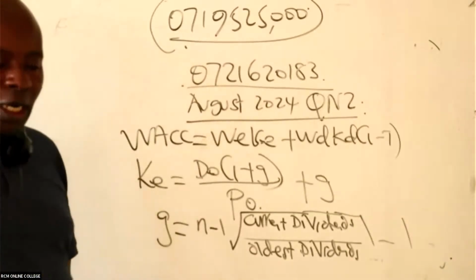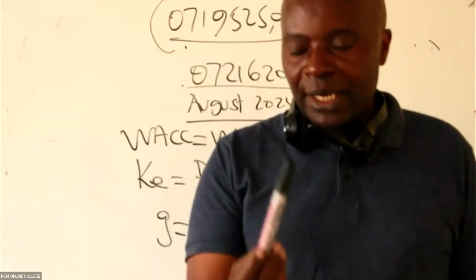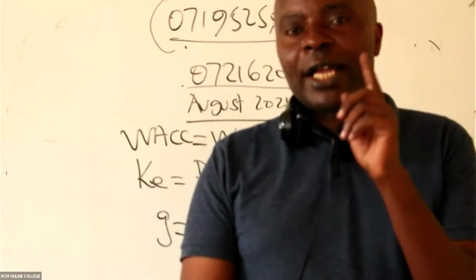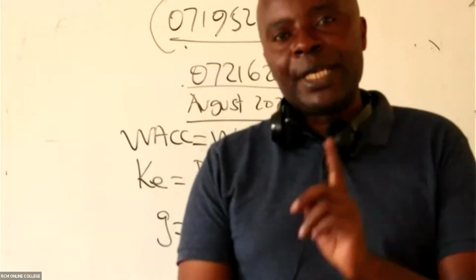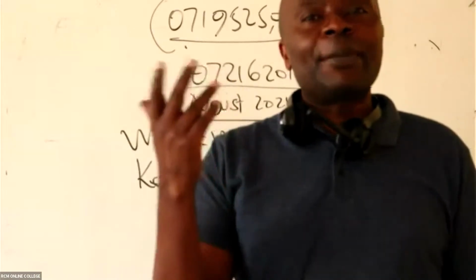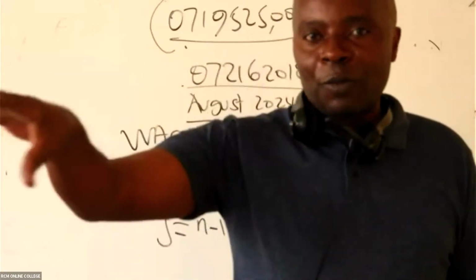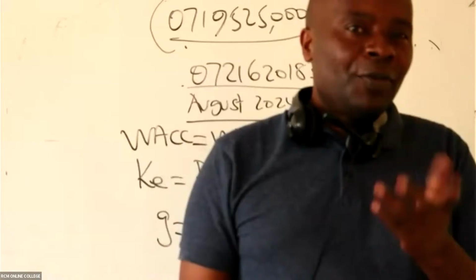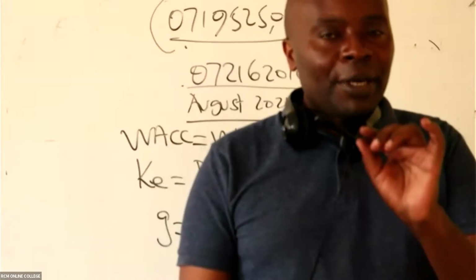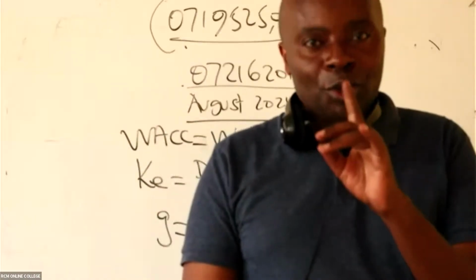And I told you in the normal class that whenever you see many dividends being given, those are not flowers. You can't go and get an examiner who is giving you many dividends. When you are given 1 dividend, then for sure this examiner most likely will give you a G, or he will want you to get G using what we call Gordon's formula. We'll come back to Gordon's formula. When you see 1 dividend, no worries, most likely the examiner would have given you G. But when you see many dividends like that, that's not very usual.